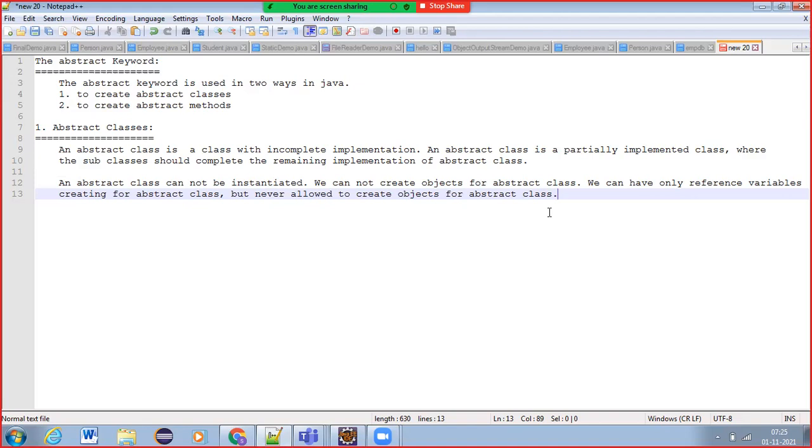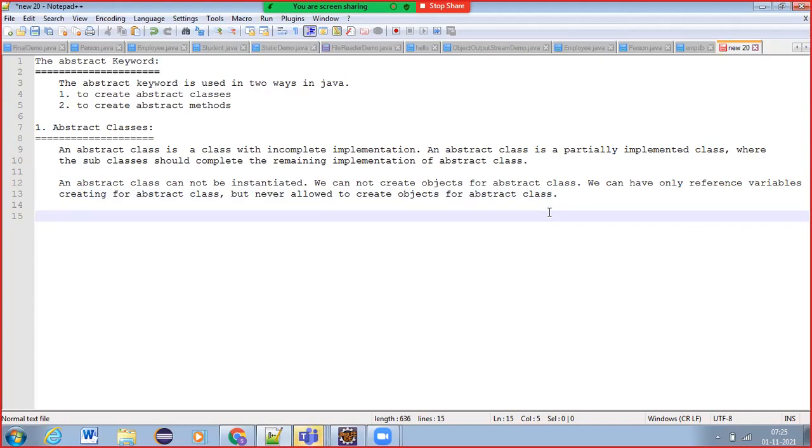You can create only a reference variable, but cannot create objects at any point of time. So these points are very important. These notes you need to remember.